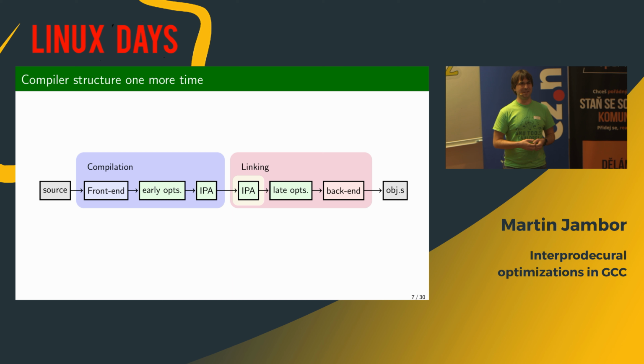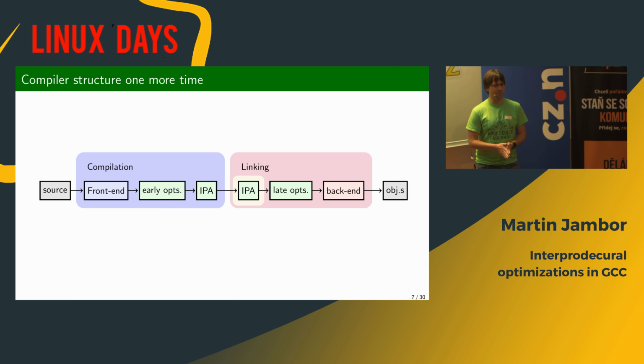IPA analysis looks into the functions, and they try to extract the bits that are important. As I said before, when doing the whole program analysis, we cannot load everything into memory because it wouldn't fit. You wouldn't be able to compile even GCC on your notebook probably, whereas it should be definitely possible with the scheme of things as they are now. And so only the small bits are extracted. The actually important parts are